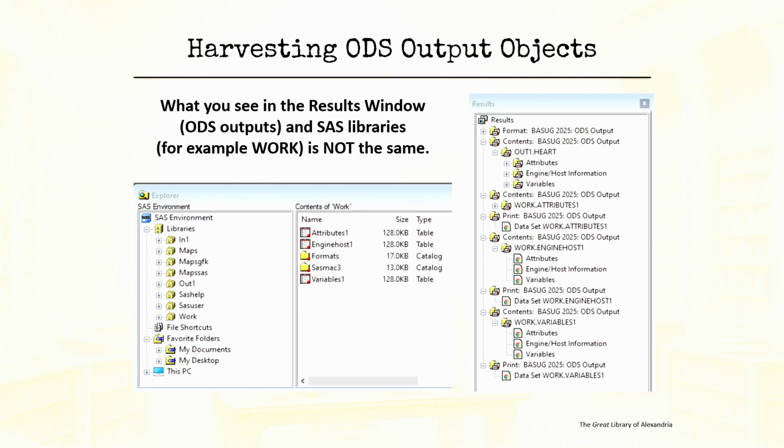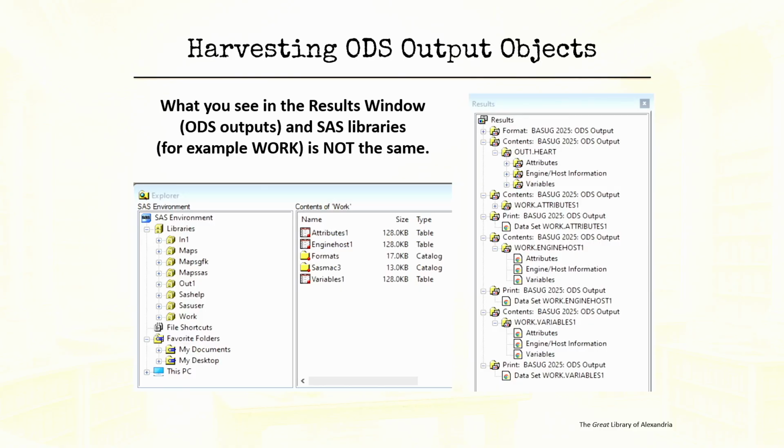And to the right, we see the ODS output objects created by the procedures, which is right there. And sometimes the names are different. So you have to really look at the log or just make sure that you have the right name for the ODS output object by looking at that output there.